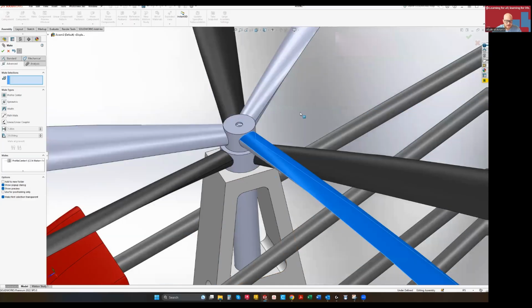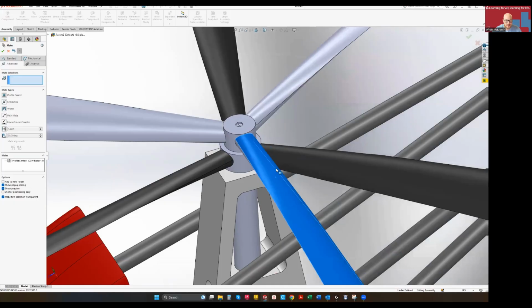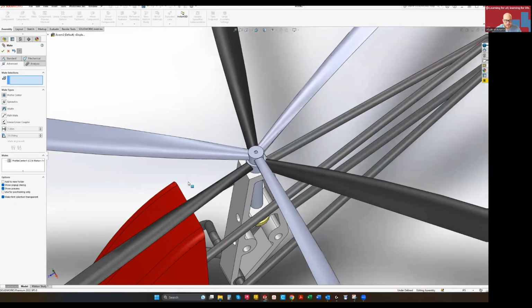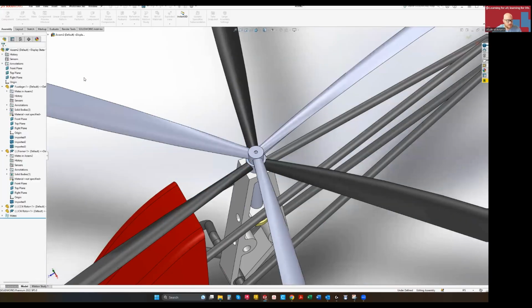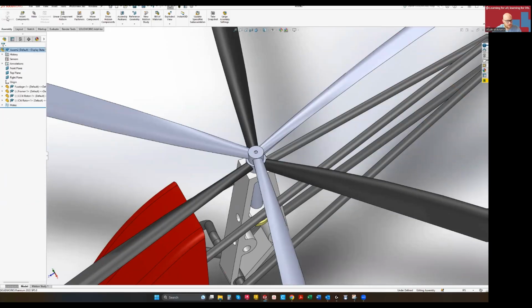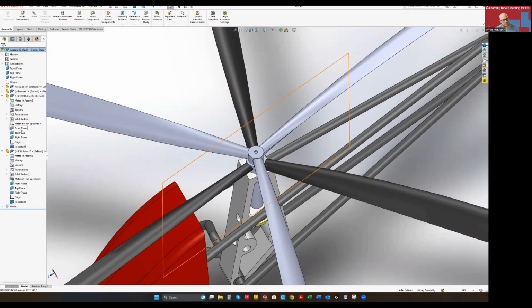And then you can see we still are able to rotate here. So if you want both of these rotors to rotate together, this is another opportunity for us to do a plane mate. So just click escape, so we're out of our mate menu. In our assembly tree here, we can drill in to both of these parts, and you'll see this probably looks familiar. When you drill into this part, this is the feature tree for each part. So what we can do here is maybe take the right plane and the right plane,